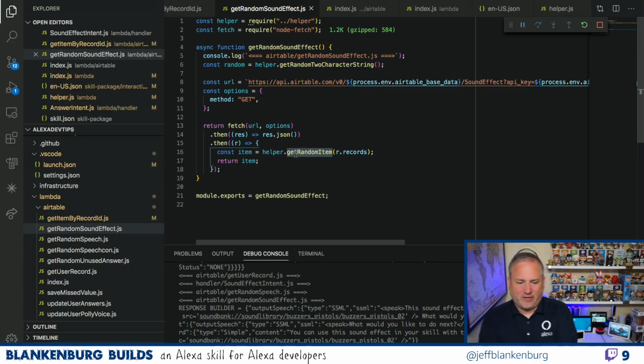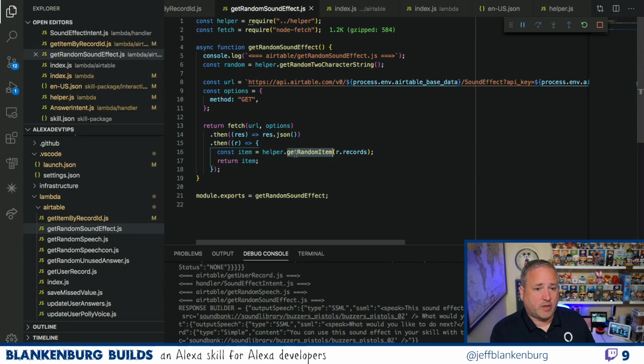So it's kind of an odd approach to how I would normally do this. I would much rather have Airtable allow me to just say, give me a random record from this table, and it sends me 1 back or 5 back or however many I indicate, but it doesn't seem like that exists. At least it's not available to me today. So this has been the solution that I've come up with in the meantime.